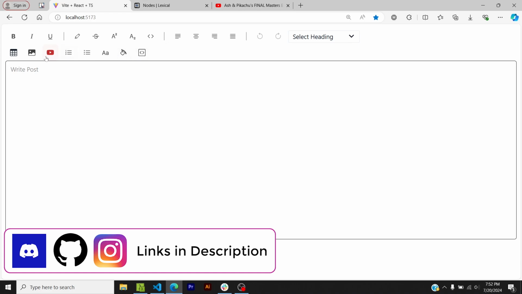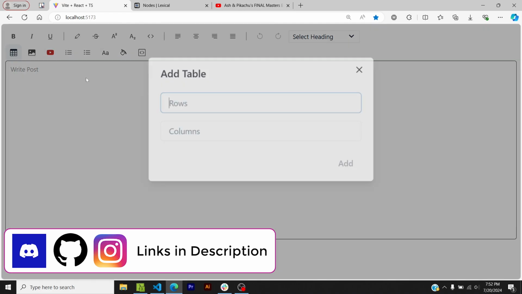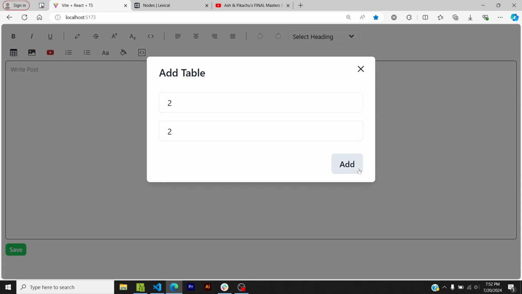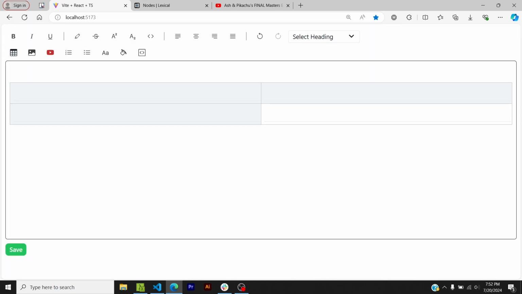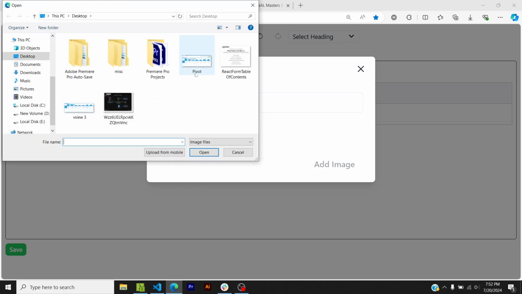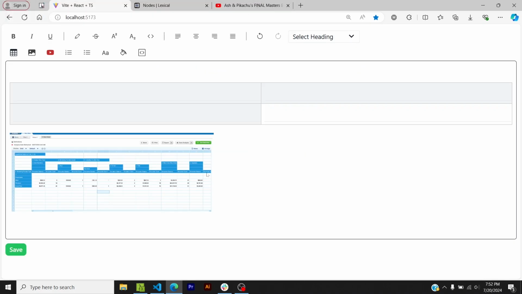So these are different operations we'll add in this course. So we can add a table. So let me add a table of 2 rows and 2 columns. I click on add and then you can see that a table gets added. Great. Similarly, I can add an image. So I click on it. I can add an image URL or I can upload an image from my machine and that image will be